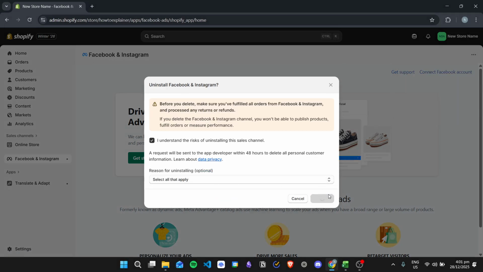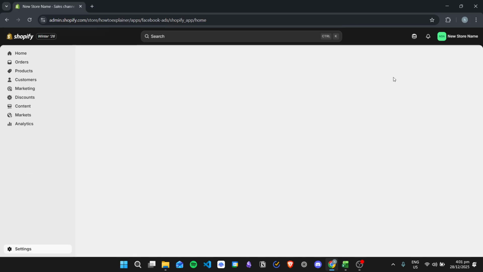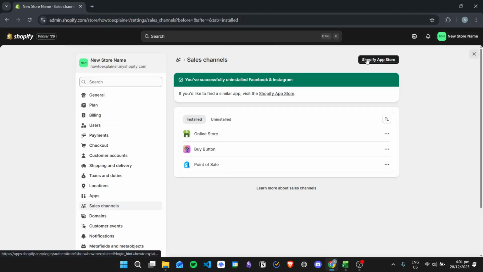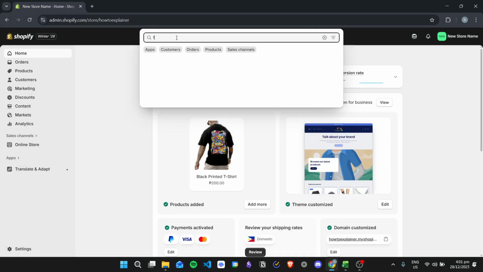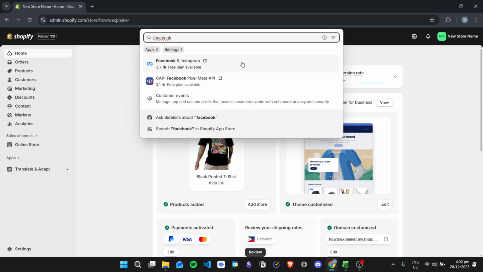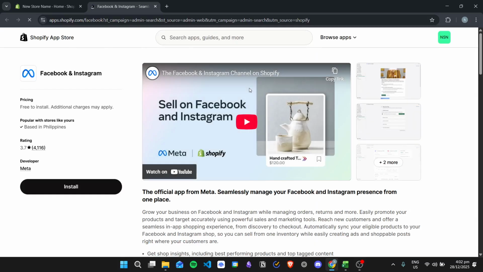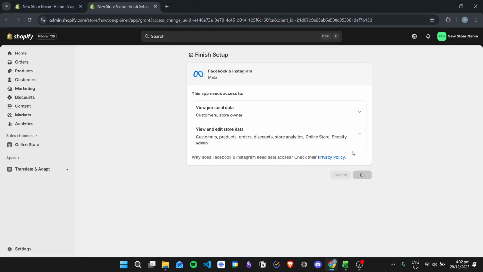So just like this. And then what you need to do is that you just need to install the app again. So here on the search bar, just type in Facebook, and then you should see this Facebook and Instagram app. So this is the official app by Meta, so that you can go ahead and connect your Facebook account with your Shopify. So just go ahead, install the application right here,